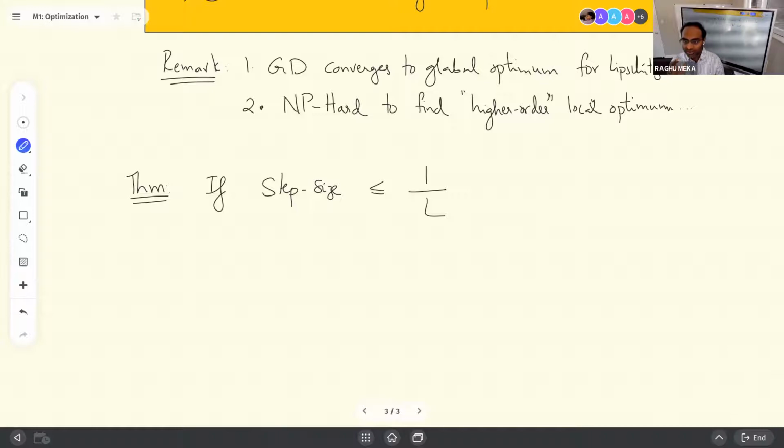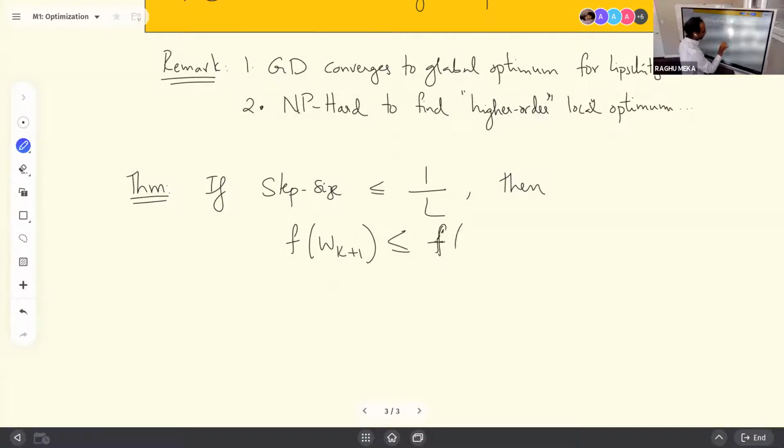And recall that the intuition for gradient descent is that locally you're making some progress. So you have to be a little bit conservative in step size. Then f of w_{k+1} is less than or equal to f of w_k minus